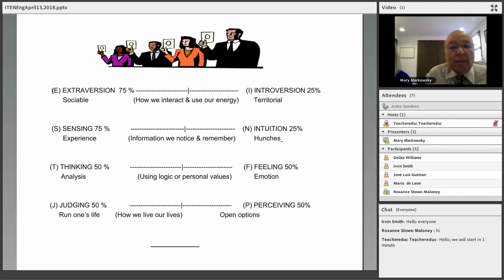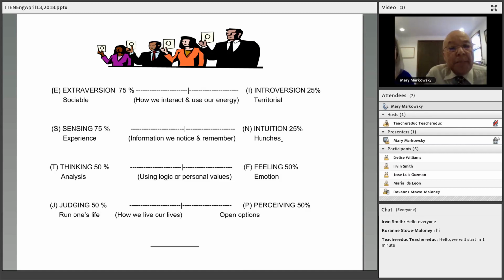This exercise we do in our trainings with the participants so that they can discover what their personality is. That's why the pictures on the top have a 0, because I always ask them, let me know what you know about your personality before we begin. And some will say, I know this, I know that. Some will not raise their hand and say, no, we'd rather you do it with us. So this is how it goes.